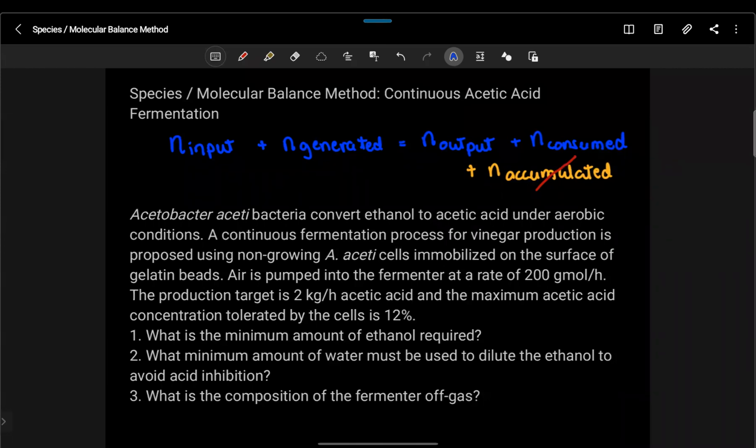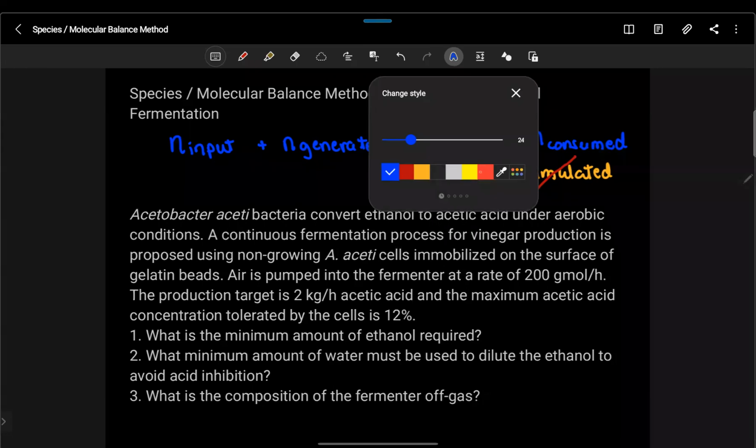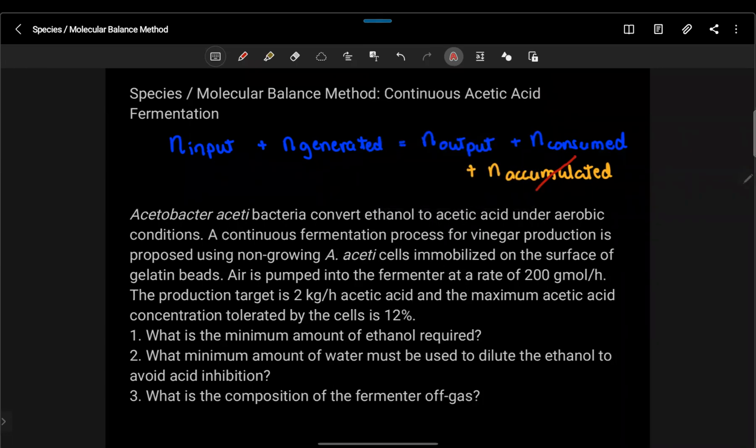Okay? So in our example here, which is fermentation process, no, meron tayong Acetobacter aceti bacteria, which converts ethanol to acetic acid under aerobic conditions. Okay, so let me highlight that, no, aerobic